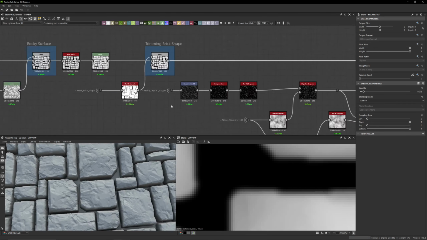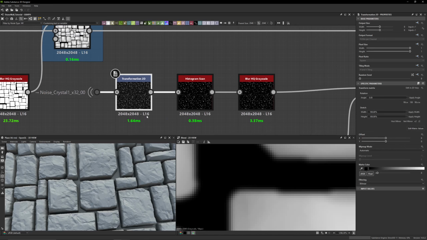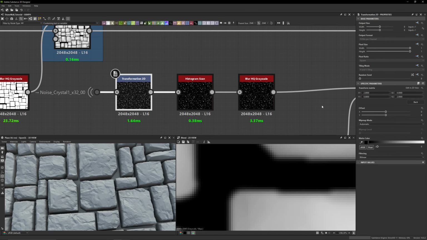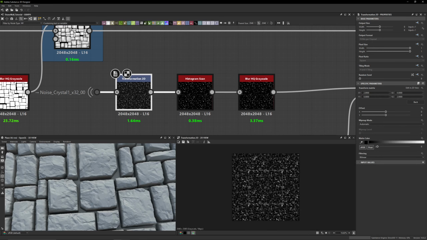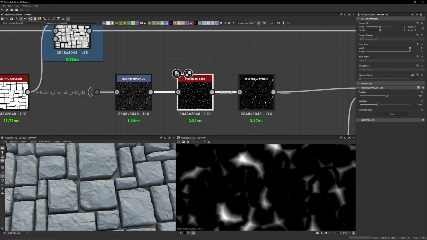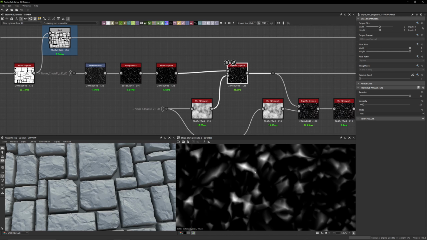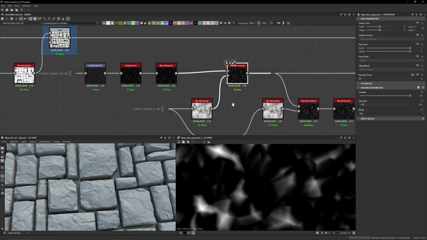Like that. And we take a noise crystal, or crystal 1, and then we change the scale to 32, and we're using a seed of 0. Then here we increase the tiling again. We do a histogram scan. And then we blur it a little bit. And then here we slope blur it using a